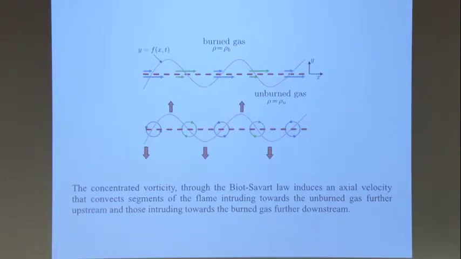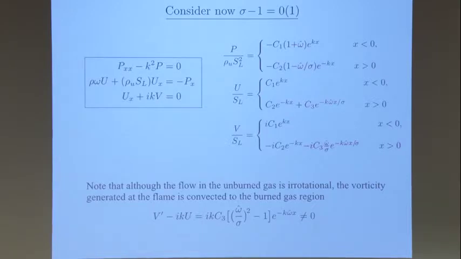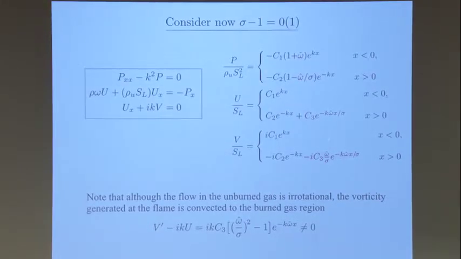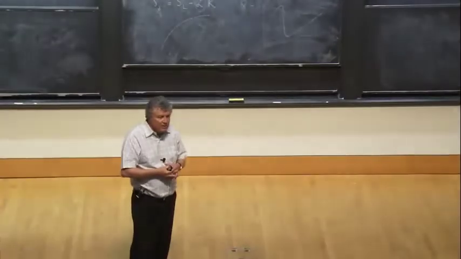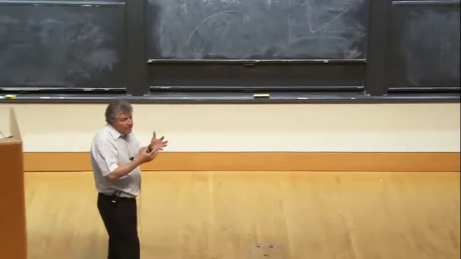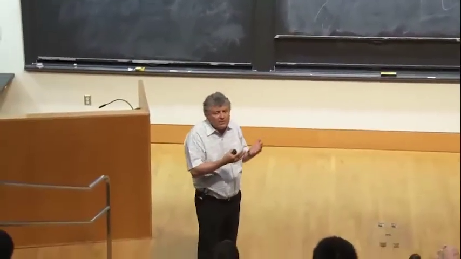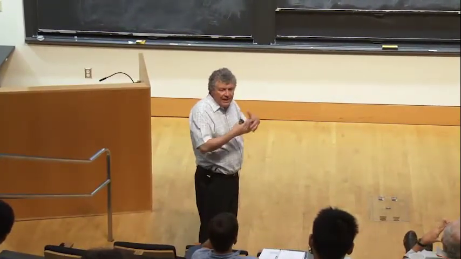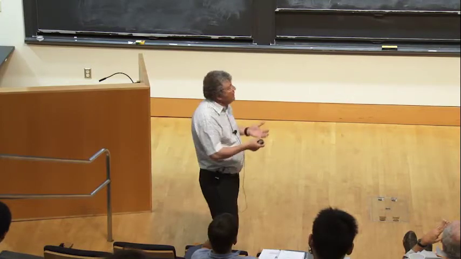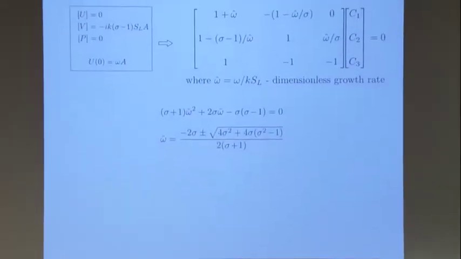Now, I showed you this for a small expansion. Of course, you can do the calculation for any sigma. What you have is the additional terms here, which in fact says that there is vorticity in the burn gas. In other words, the vorticity created, it's still transported along the burn gas. By the argument that I made before, I couldn't say a priori if the vorticity in the burn gas is going to cause any decay or not, but clearly it doesn't, and the end result is the growth rate that